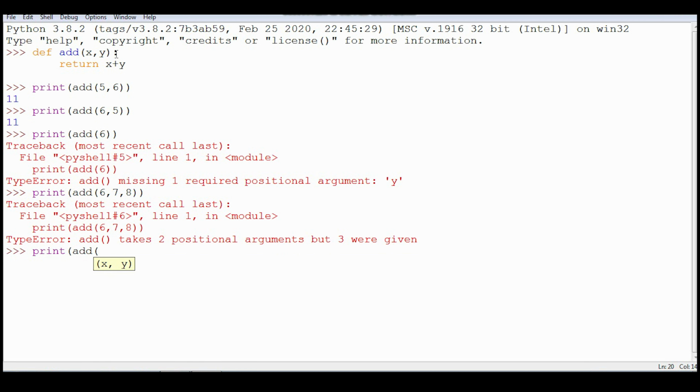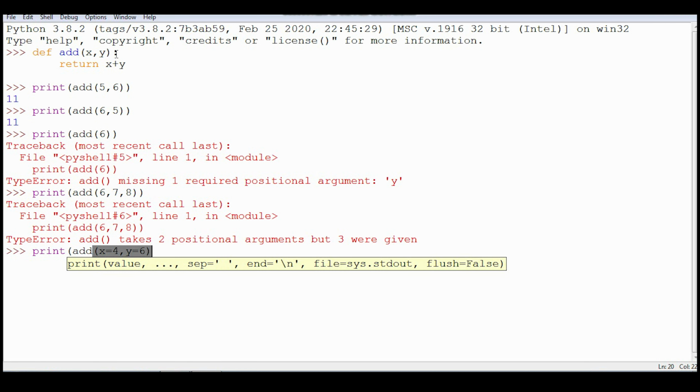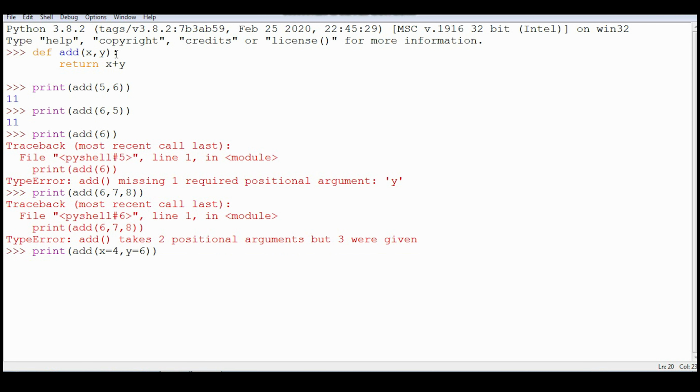See, I'm writing x equal to, y equal to. So here we do a correspondence of formal with actual. Note that the facility is that at the time of call, we can mention the name of the formal also. Therefore, the order doesn't matter.